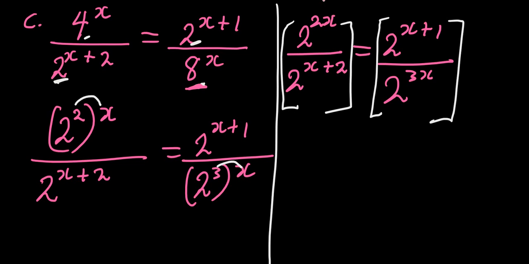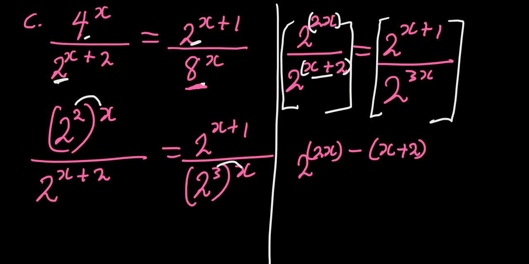So now we are going to write the left side as a single base of 2 and then subtract the exponent of the denominator. The exponent of the denominator is x plus 2. So we're going to subtract this from the exponent of the numerator. When we do that, we have written it as a single base now, and 2x, which is the exponent of the numerator, minus the exponent of the denominator, x plus 2. Good. So that is it for